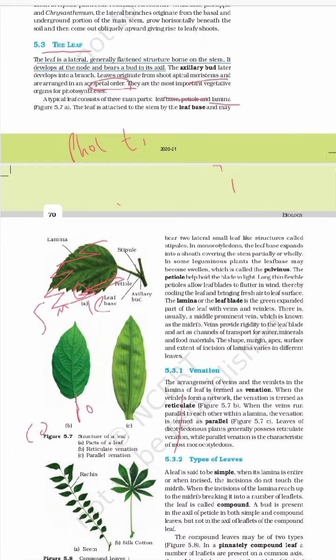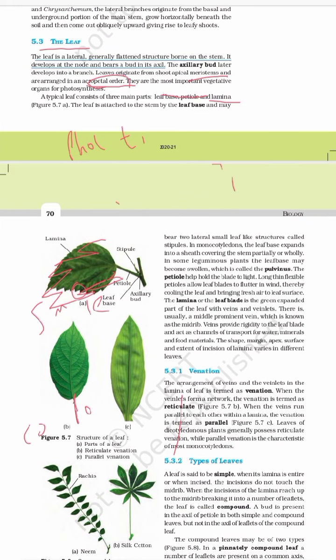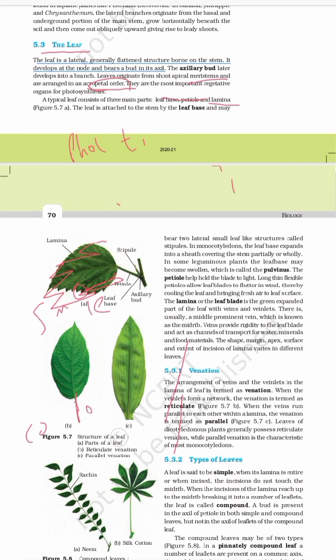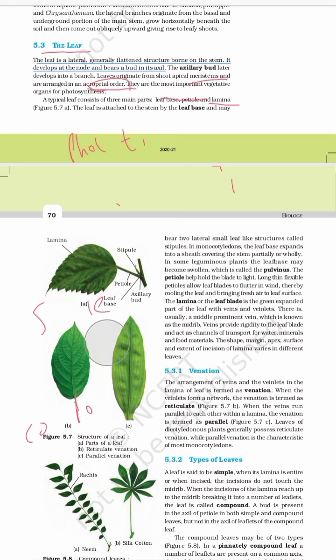Compound leaf means the incision reaches the midrib, dividing the leaf into leaflets. So over here leaflets are forming. Leaflets, it means, the best example I can say is the three leaves, right? You know the name of this, Bilipatra, right? So it is a compound leaf. Next is venation, right? But before that, let us just read what I have taught you.